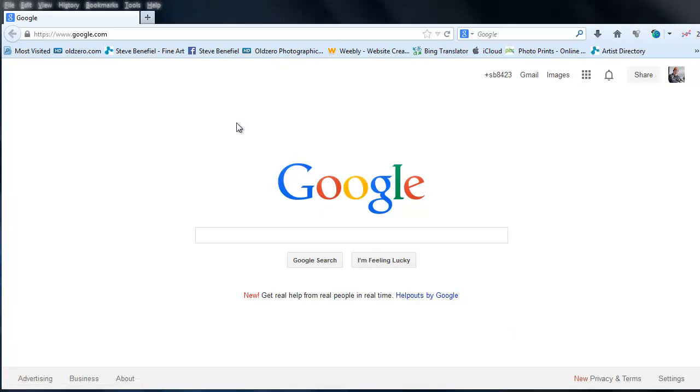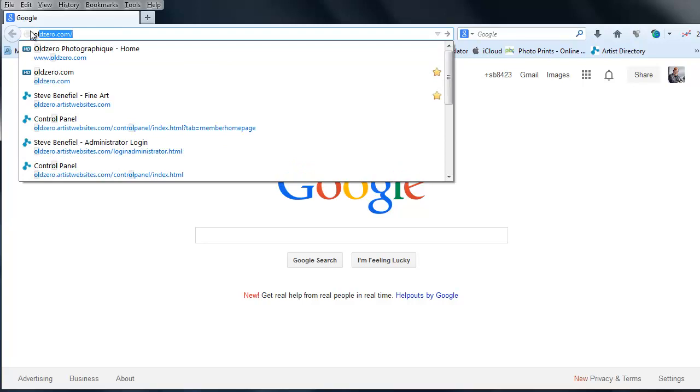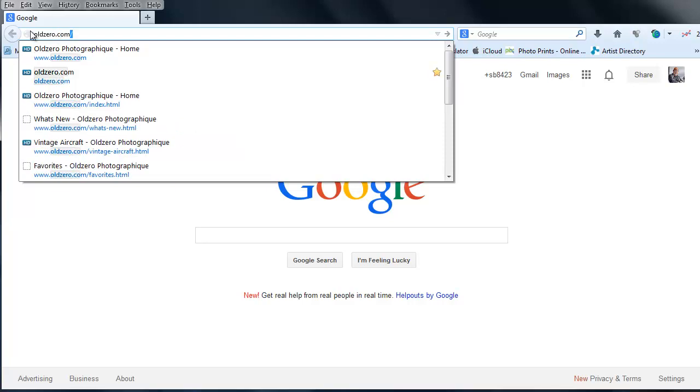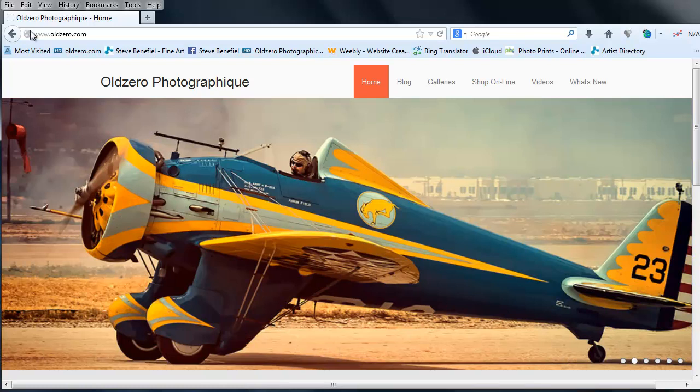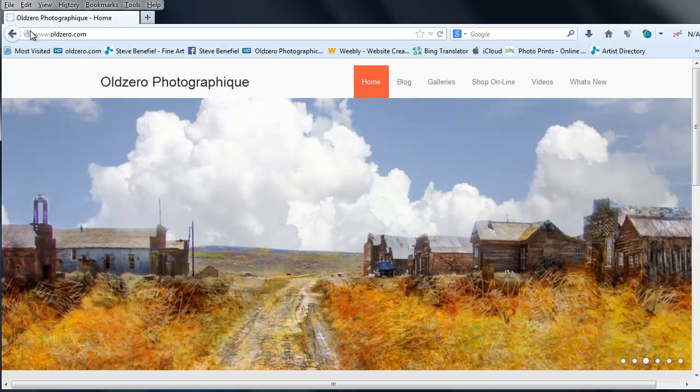And the best way to get into oldzero.com is to go up into the address bar of your favorite browser and type oldzero.com. And here I am. I apologize, the screen real estate is kind of limited, so some stuff may appear off screen. But here's my website,